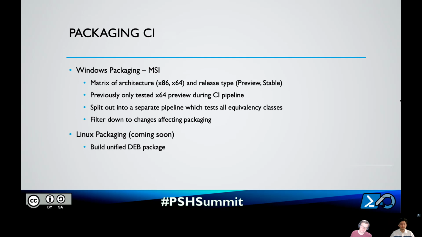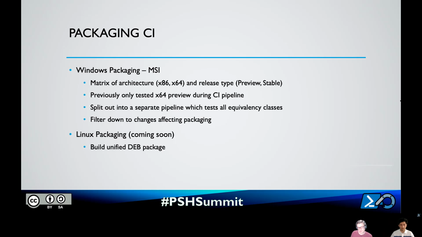Then we have packaging CI. Most of these tests are against Windows. We test the Windows MSI that we release to you. We run this on a matrix of our architecture and our release type. So this is basically, you multiply these together. You have x86 and x64, preview and stable. This gives you all these combinations, and